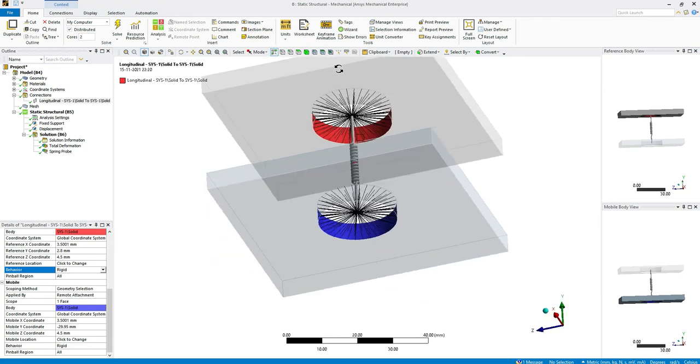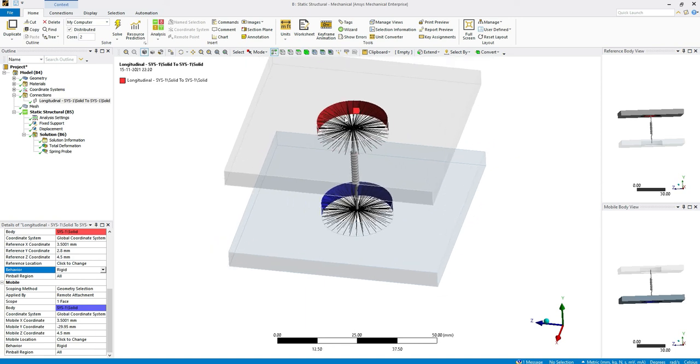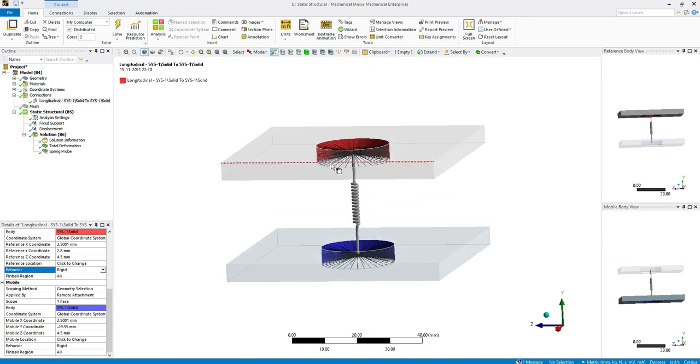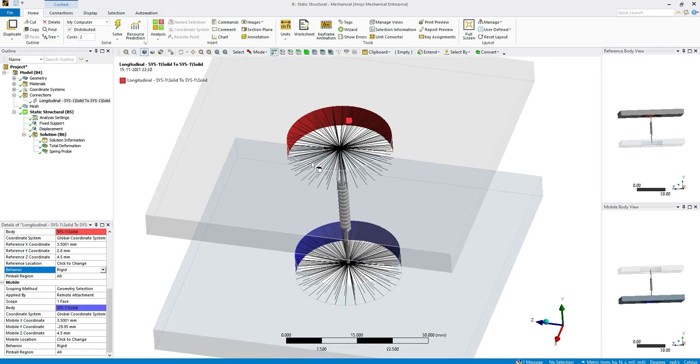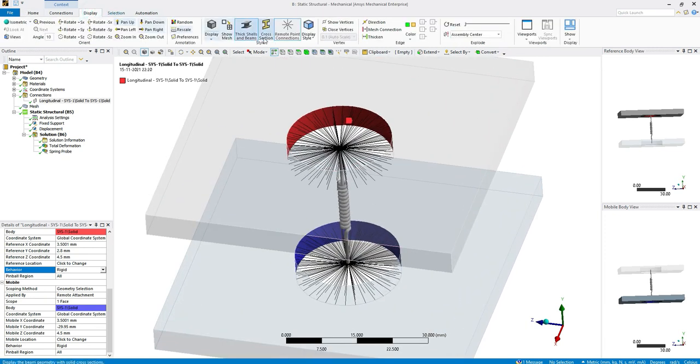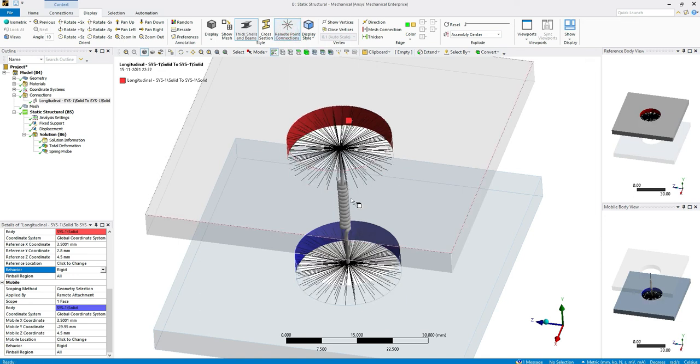remote or multi-point constraint equations or surface-based constraint equations are getting written internally. Now, even before solving the model, we will be able to visualize this spider. So for that, you have to go to the display, and there is an option, remote point connection. But this will be possible only in our recent versions. So here you can see we can activate and deactivate the visualization of the spiders.